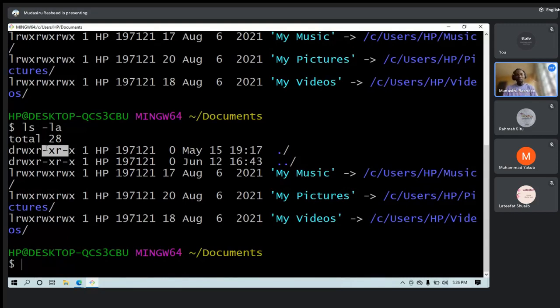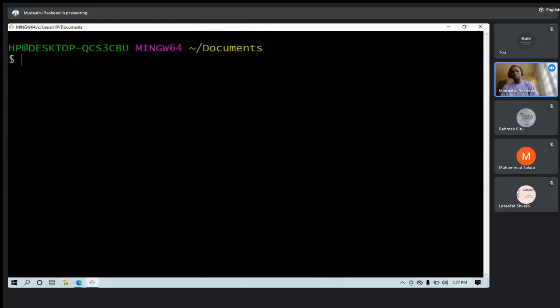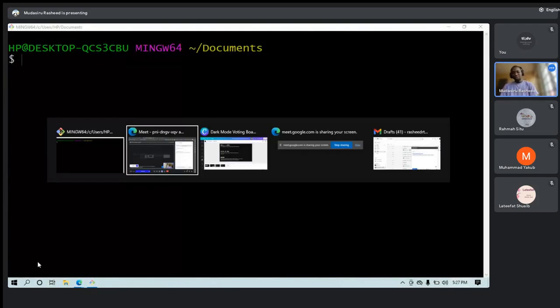You can see that it's trying to tell us here that xr, execute and read, is for a folder. If it's a file, for us to be able to open a file, that means we need to be able to read that file as well. And if it's an executable file, a file that if you run it, you have to install something, like MSI or .exe, all those executable files, you can get the true picture of execute, which is X, what X does. I believe it's abstract, but if we try to catch up with it, we'll get hold of it very soon. Is there any question?